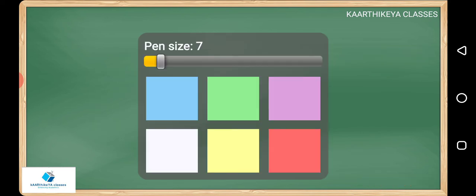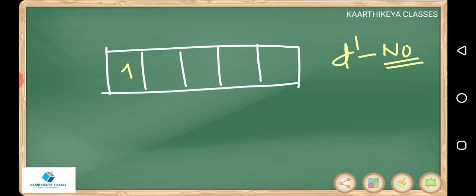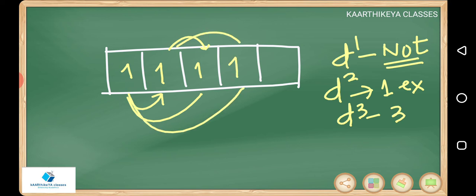I'll explain one more, then you can easily understand. See, if this is the case and I am taking this as 1 electron, this electron cannot exchange with any other. So in d1, no exchanges are possible. Two electrons are there, so this can exchange with this one. So when d2 electronic configuration is there, one exchange is possible. One more electron, this can exchange with this, and these two also can exchange, so in d3 configuration, there are three exchanges possible. D4, if you see, there are 6 exchanges possible.